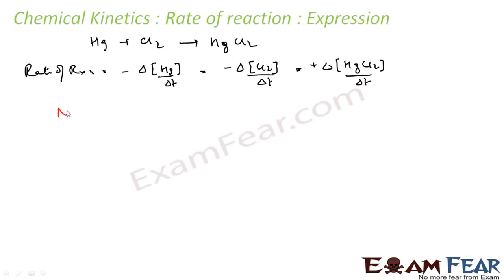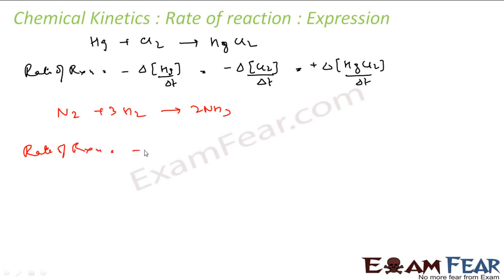Now let's consider another reaction. We have, let's suppose, nitrogen that reacts with 3 moles of hydrogen to give 2 moles of NH3, all in gas form. Now if you see, the stoichiometric coefficients of the reactants and products are not equal to 1, they are not the same. So in this case, the rate of disappearance of any reactant or the rate of appearance of a product has to be divided by its stoichiometric coefficient. So in this case, if I want to write the rate of reaction,